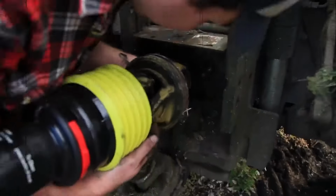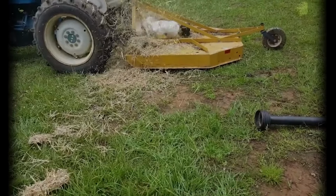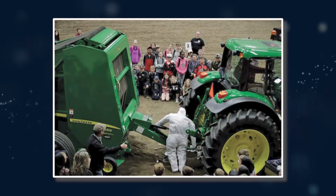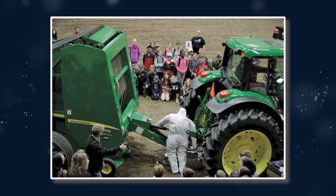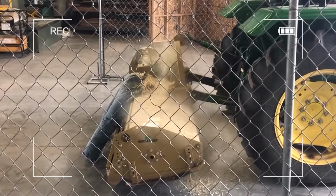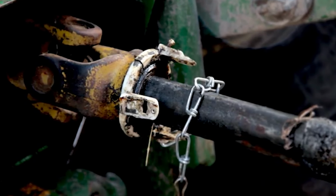instant engagement created. The broken components became projectiles flying at operators or bystanders with enough force to cause severe injuries or death, when metal fragments struck exposed skin or penetrated cab structures that weren't designed to withstand high-velocity impacts. The whip hazard was equally terrifying, with driveline shafts breaking and flailing violently when torque loads exceeded their design limits,